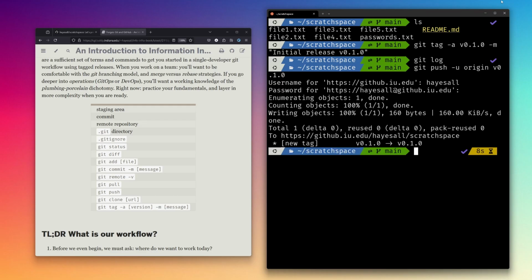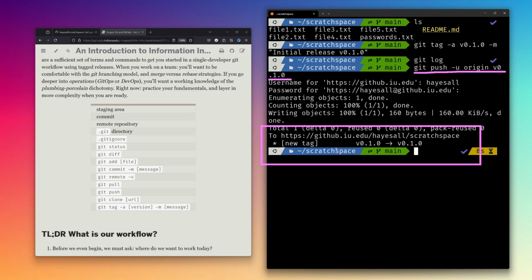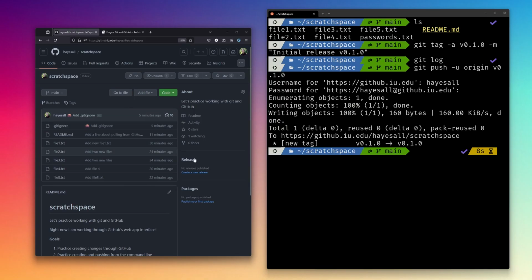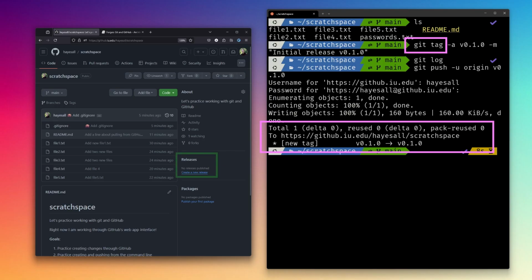Okay, so what happened? Well, we used a variation on that push command, git push -u origin v0.1.0, and GitHub responded to us by saying that we've created a new tag called v0.1.0. So what happens if we refresh GitHub? Well, maybe we have some intuition already. We said that we are creating a new release using this tag method,